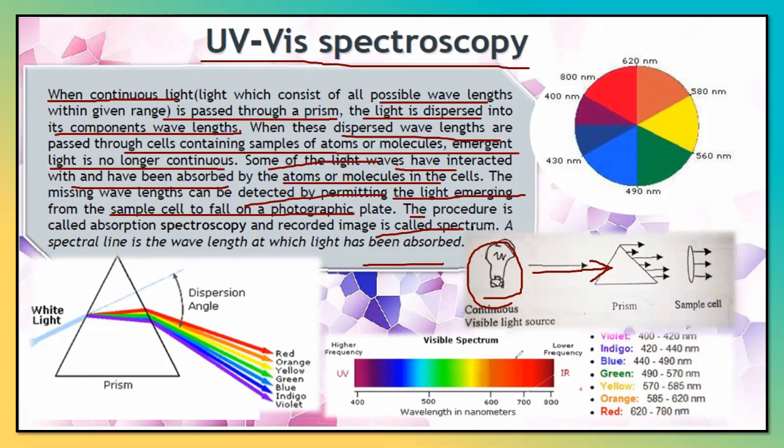So different details of the absorption spectra are given right here. The UV range and the visible range are given here along with the data of their wavelengths. Okay, this is Newton's color disk, by which we can see what type of wavelength will be absorbed and what the complementary color will be. Okay, this is Newton's color disk.